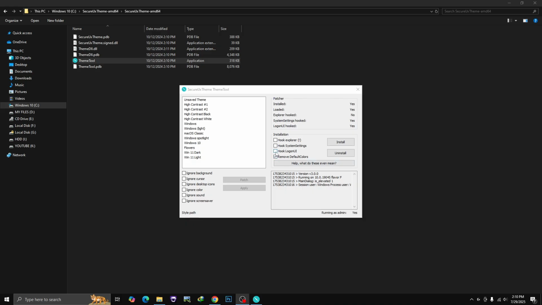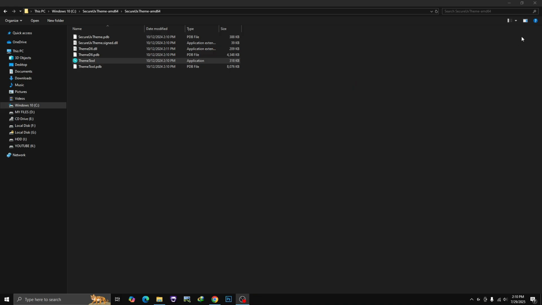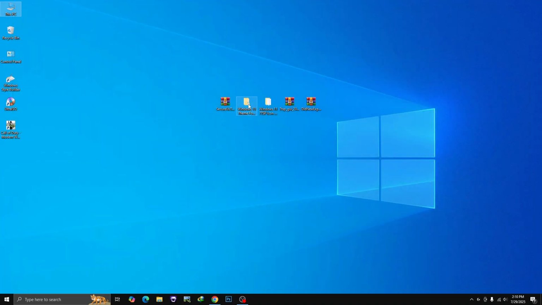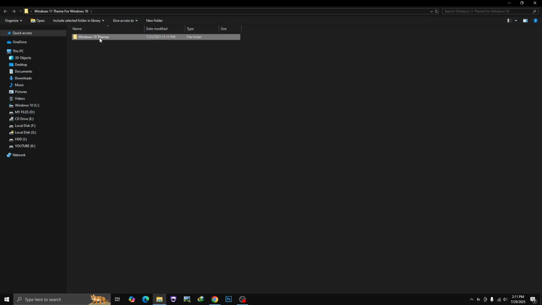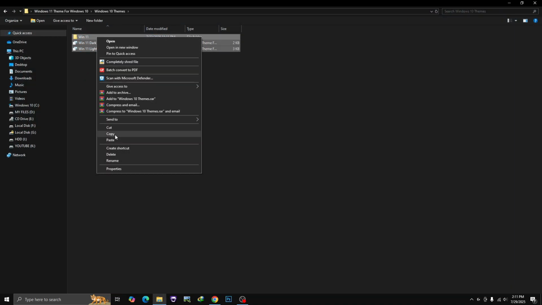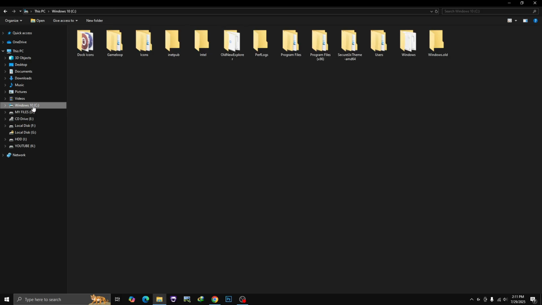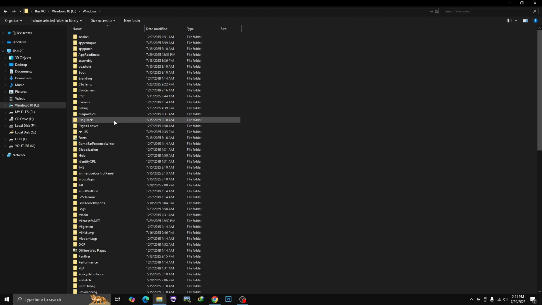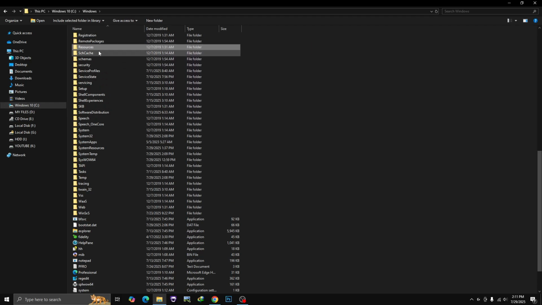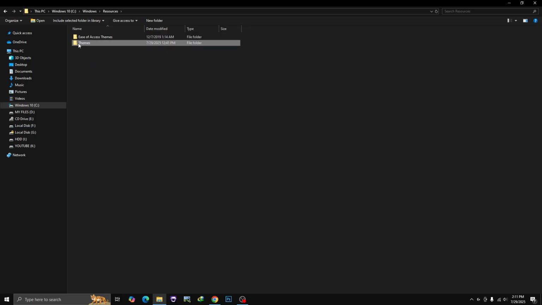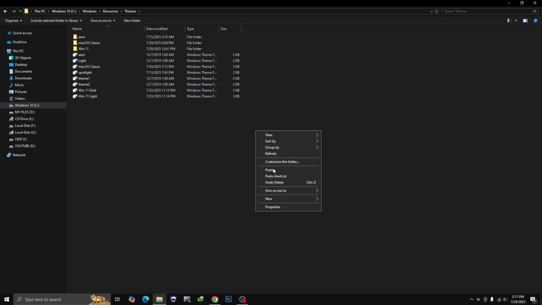and then you need to just mark these two boxes and then click on install. So it will require reboot. So I already installed it, I'm not going to install it again. So I'll show you how to install this theme. So then go to this theme folder, here you can see these themes. Just copy these theme folders and go to your C drive and then go to Windows folder and go to resources folder and then go to this theme directory and paste it here